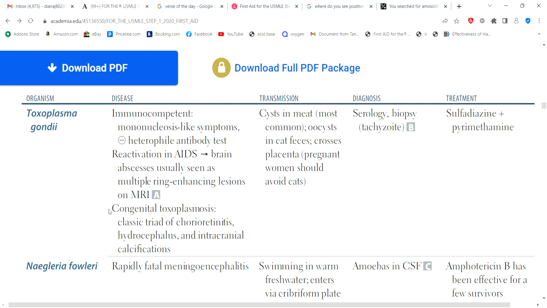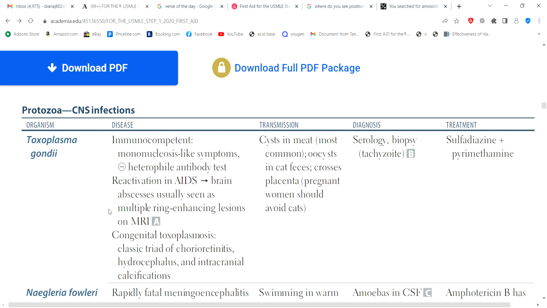MRI, congenital toxoplasmosis. Yeah, this causes congenital toxoplasmosis. You see classic chorioretinitis, hydrocephalus, and intracranial calcifications in the baby. How is this passed? It is transmitted by cysts in the meat, which is most common, or you can get it from oocysts in cat feces, or the mom can pass it to the baby because this parasite crosses the placenta. So pregnant women should avoid cats. Diagnosis is by serology, or you can biopsy the tissue